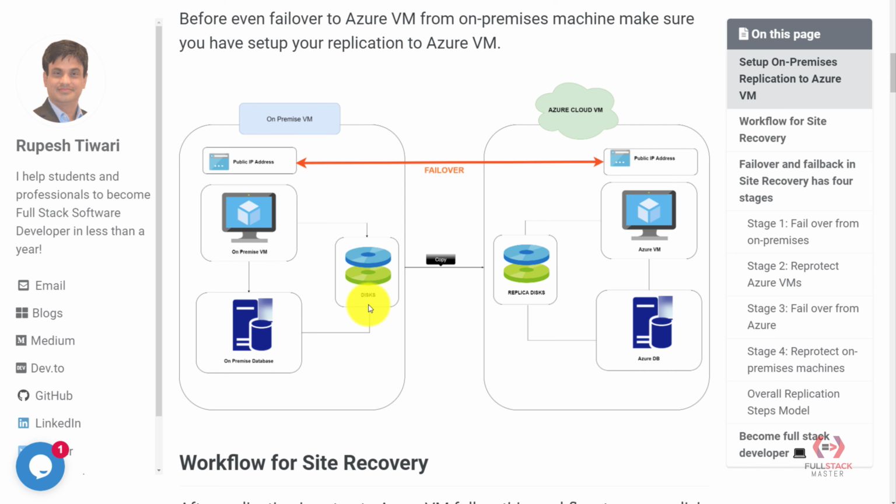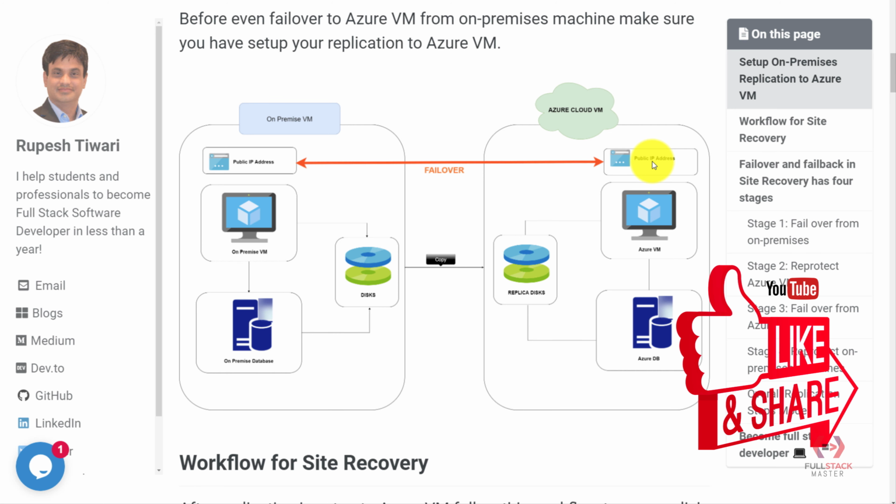Here you saw that you created a replication strategy so that the entire data of your machine and your database goes as a disk copy to Azure. We have done that so that in future, if any disaster happens, we can always fail over to Azure. And imagine that in Azure you also have all this set up, purchased: you have the virtual machine, you have purchased databases, and the public IP address is all set up. I will teach you all the details of how to set up the cloud virtual machine and what steps are required before you fail over to it in the upcoming videos.